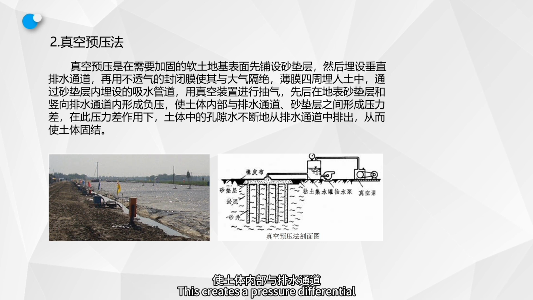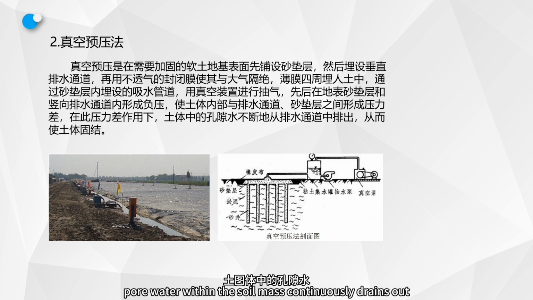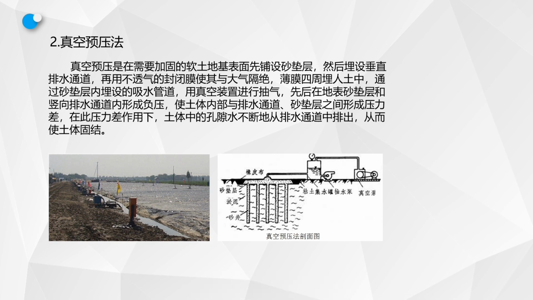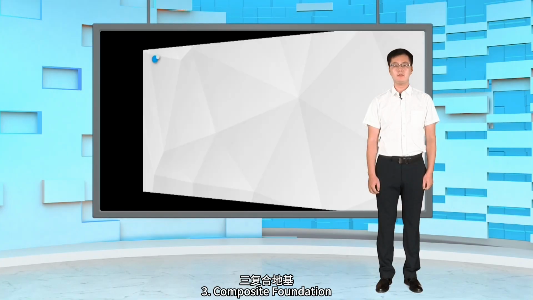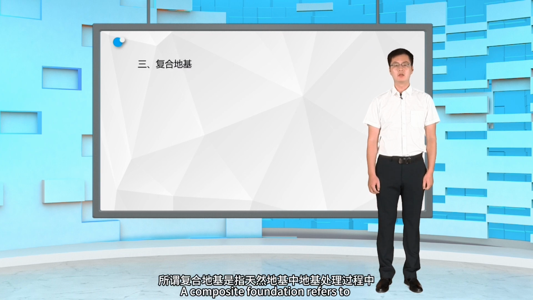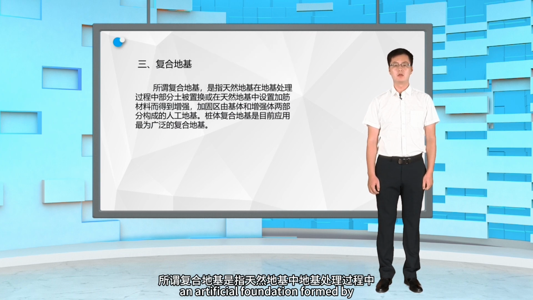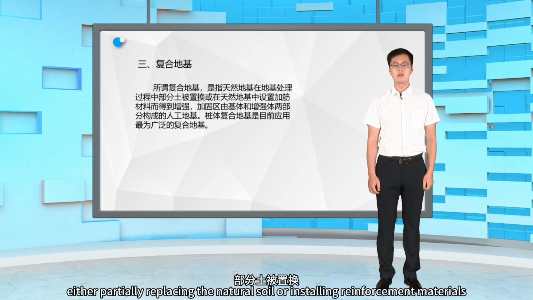This creates a pressure differential between the interior of the soil mass and the drainage system, which consists of the vertical drains and the sand cushion layer. This pressure differential causes pore water within the soil mass to continuously drain out through the drainage channels, thereby promoting soil consolidation. Third, composite foundation. A composite foundation refers to an artificial foundation formed by either partially replacing the natural soil